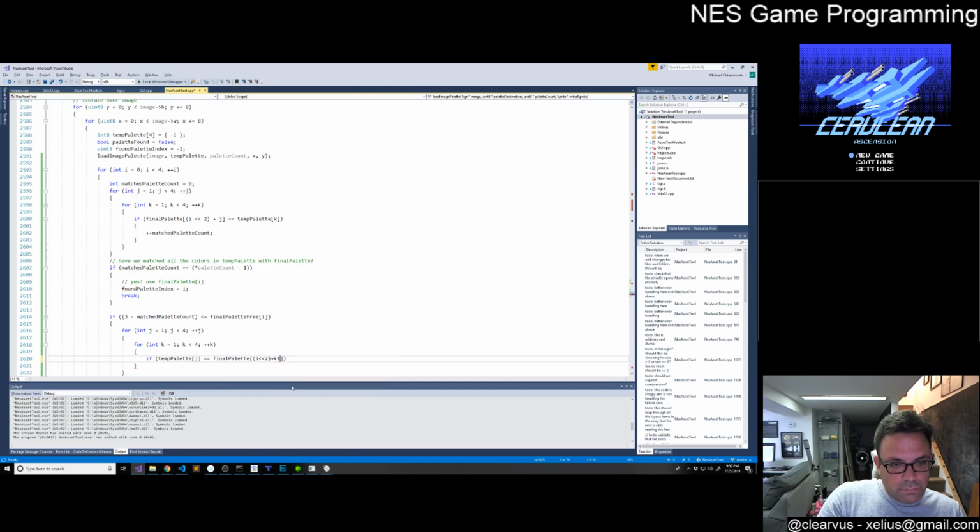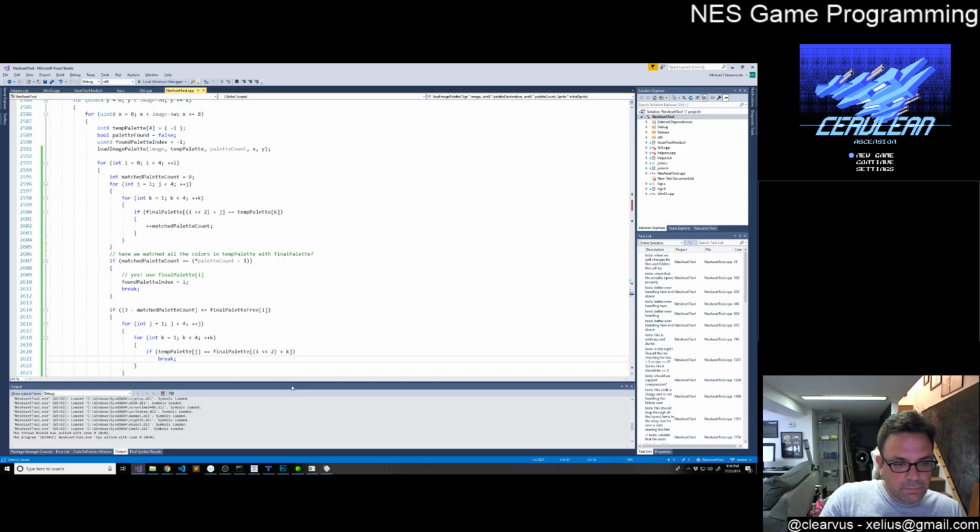All right. So we've got that. So if that's equal, break, because that's not the one that we're trying to put in, right? So we're done with that part of final palette. We're going to go to the next one. So if it's not equal, we then only want to do something if final palette